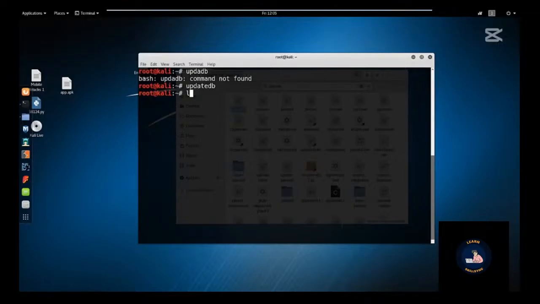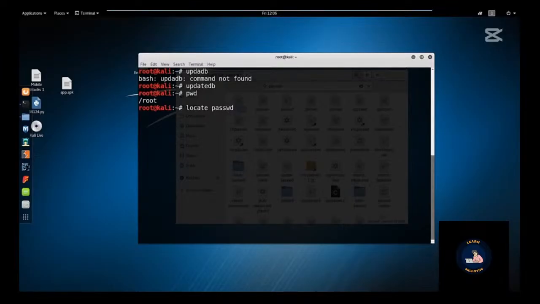Now let's see, if I type locate, and before typing locate, I can type this command, pwd, which means print working directory. I mean where I am located right now. I am located inside the root folder, under the main root. So if I type here locate and the same file name, which is password,